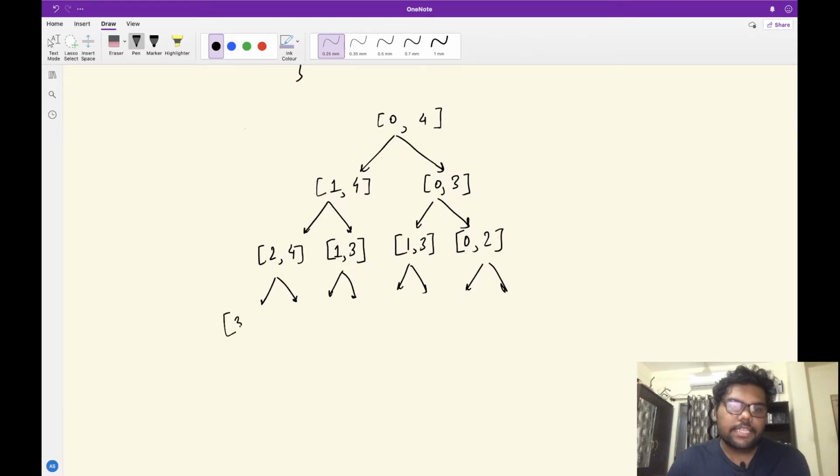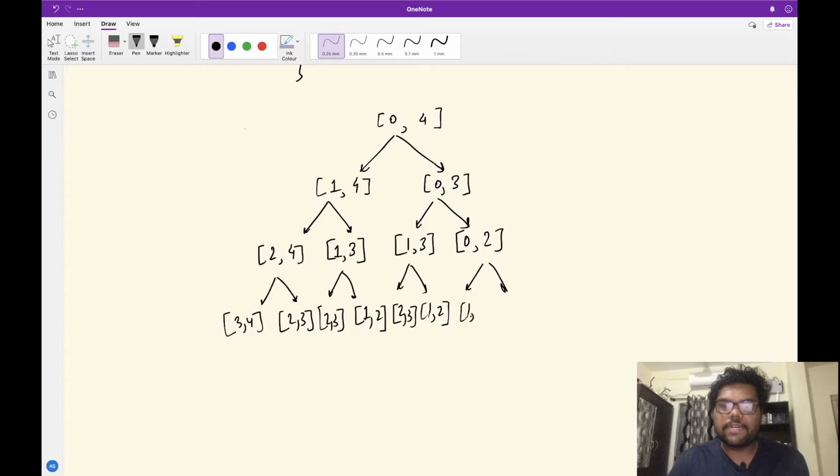So this will be 3 comma 4, this will be 2 comma 3, this will be 2 comma 3, and this will be 1 comma 2, and this will be 1 comma 2 and 0 comma 1. We could go further down the tree, but I think this much of the tree should be enough to address the question.